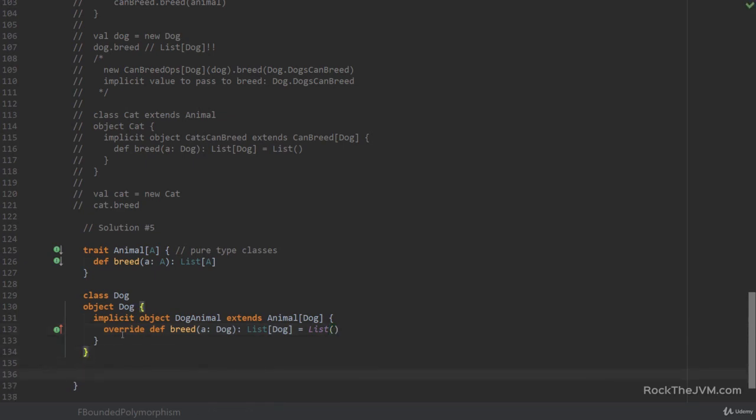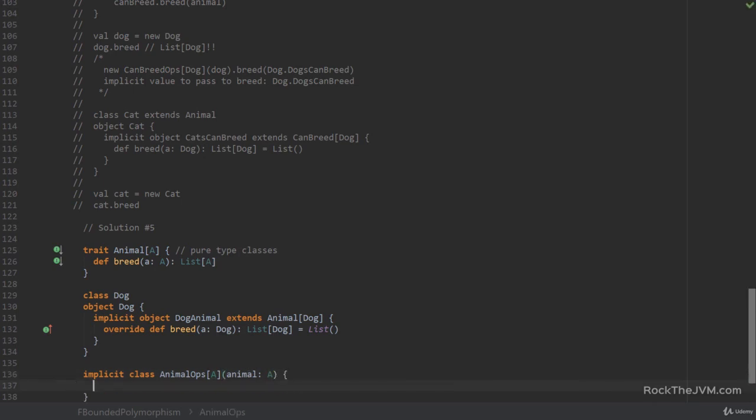So we have our part 2 of the type class pattern already implemented, and then we need some kind of conversion class. Let's say we have an implicit class, let's call this AnimalOps, or AnimalEnrichment, which takes a type parameter A and we pass an instance of that type, so this wraps an animal.